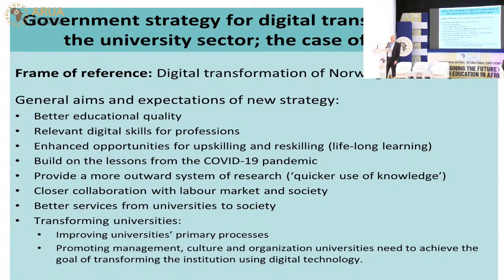Now, one thing that is good in these kinds of policy papers is that our governments, at least the Norwegian one, have understood that this is a key issue of transformation of our society, the digital transformation. So it's a very detailed paper. It's in English, so those of you interested, I can definitely send you a copy. And it's got a lot of interesting elements in it, and it was co-produced by government, societal actors, economic actors, and universities. And it talks about educational quality. It talks about skills for professions.